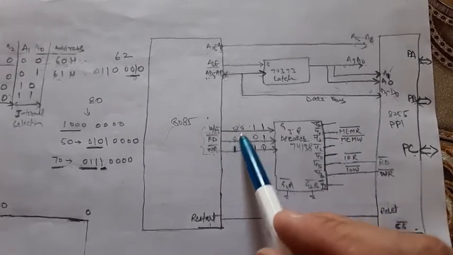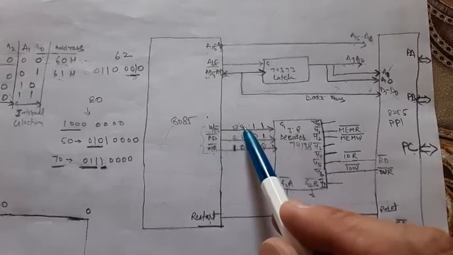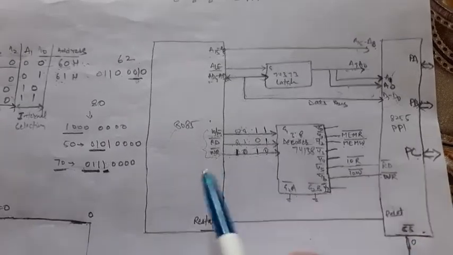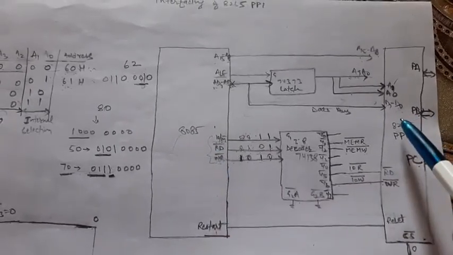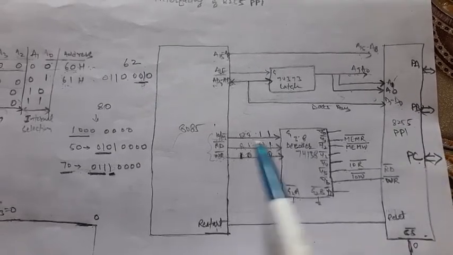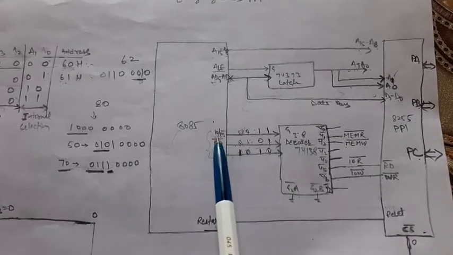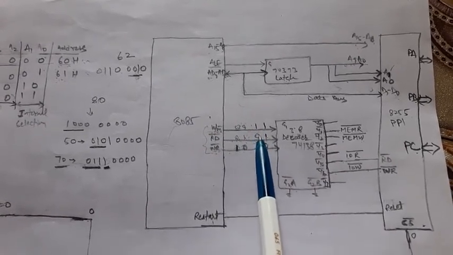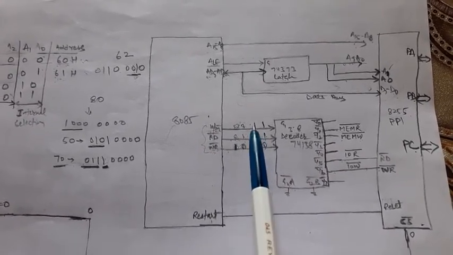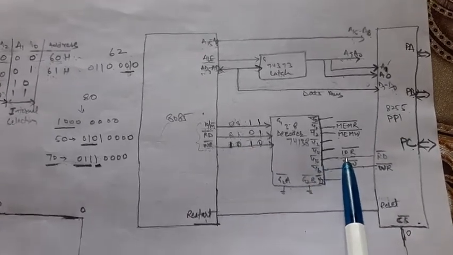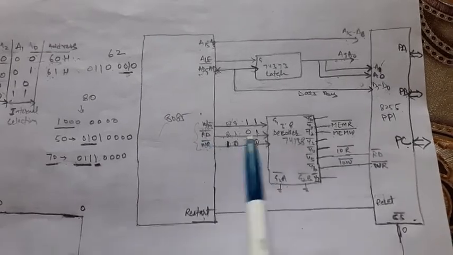When these signals have the value 0 1 0, then it is a memory write operation. As we are connecting IO devices, because this 8255 is an IO device, we will use the IO/M bar value 1. So when we have 1 0 1, the Y5 will be selected, and at Y5 we have connected IO read. Why read? Because read bar is 0.